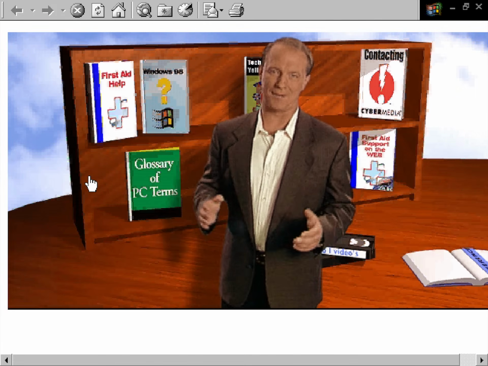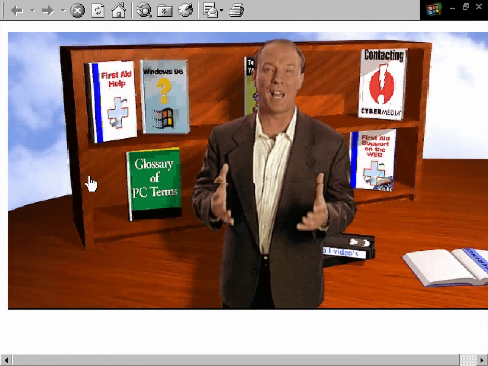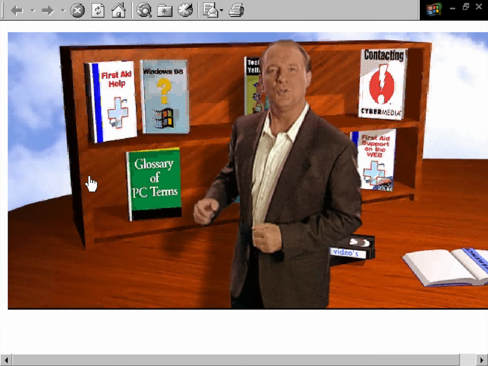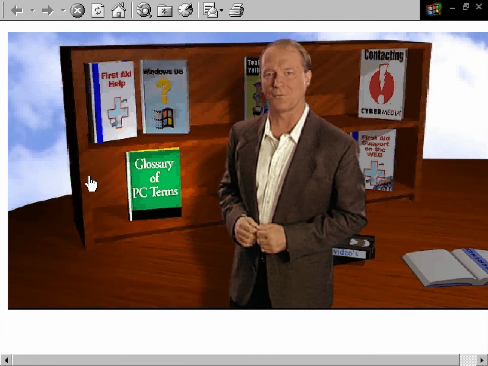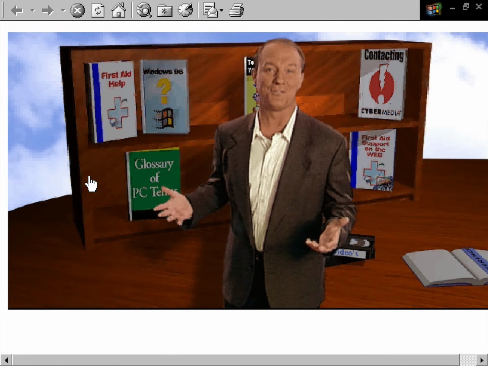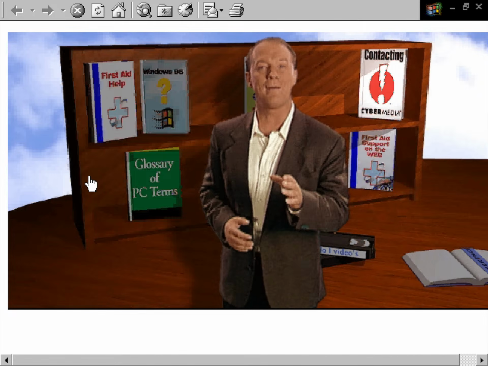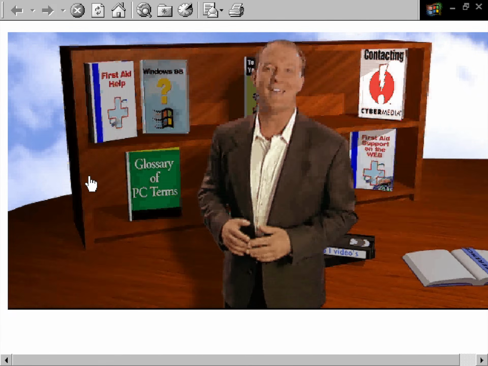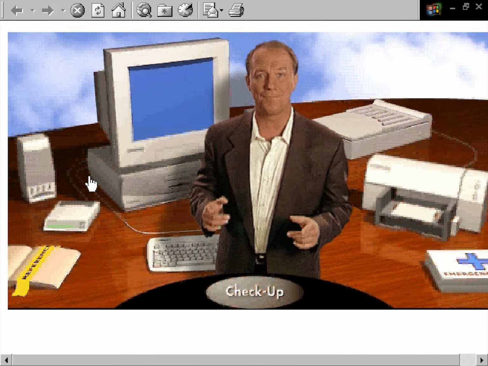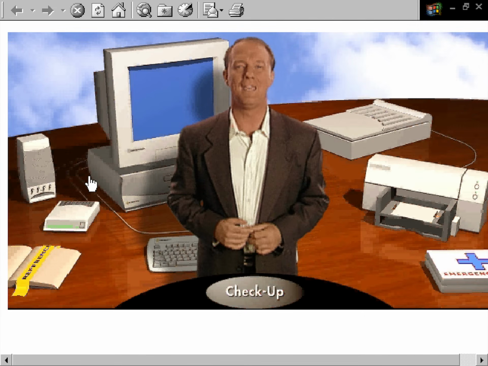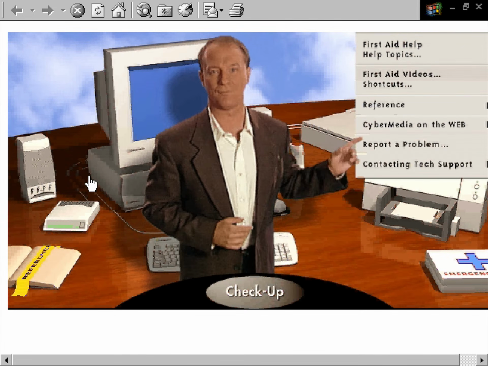This is really a great page. It's like having an entire computer library at your fingertips. You can look up obscure terms in the glossary, contact any computer company you can think of over the internet, view an instructional video, contact Cyber Media directly on the World Wide Web, and much, much more. Now, take a look at the menu bar. The Help menu gives you a whole list of ways to learn more about